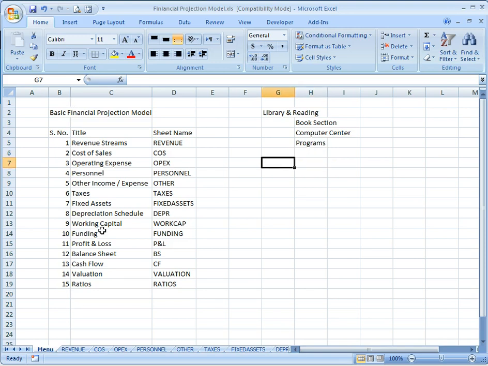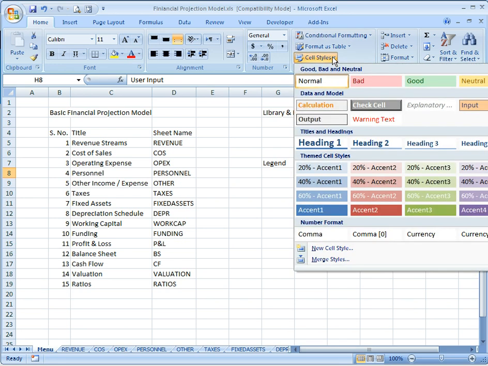Whenever we create any financial projection model, there are a few things for which we have to take proper care. Formatting is one of them. For formatting, we have to create a legend, and normally the legend contains different areas in which the user will use this financial projection model. First thing is user input. Now we need to specify a formatting for this user input, and for that we need to create some styles. You can come to the style sheet and create any styles from here.